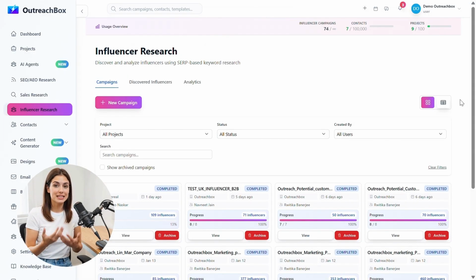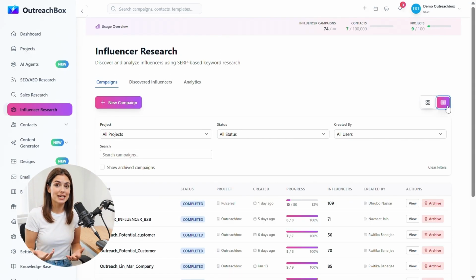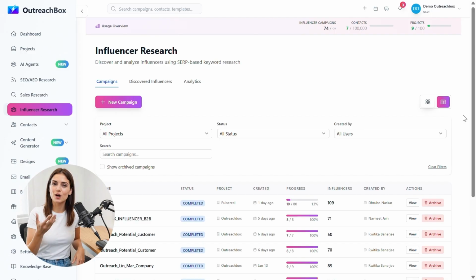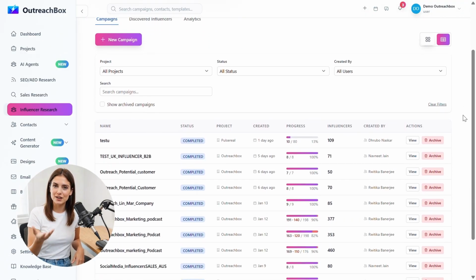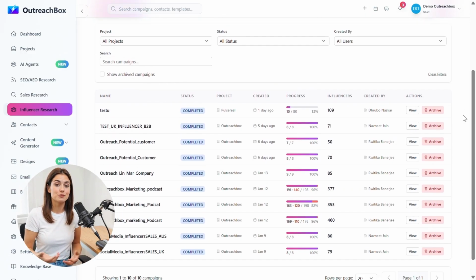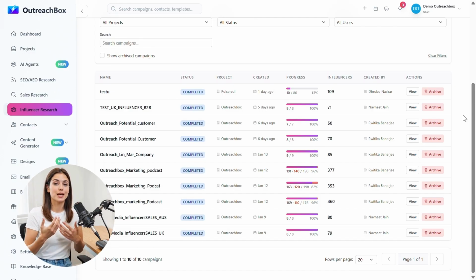All right, let's dive in. Influencer Research Tool is to help teams systematically discover, organize, and manage influencers at scale using keyword-based web research. It centralizes influencer data, structures it into campaigns, tracks discovery and contact availability, and provides analytics to monitor progress, making influencer research faster, more organized, and easier to